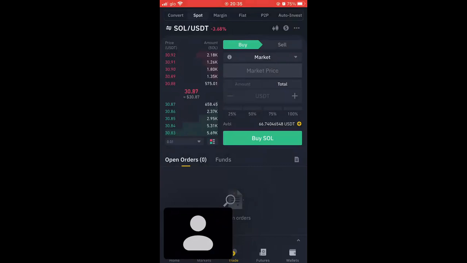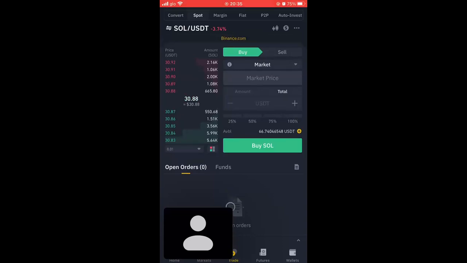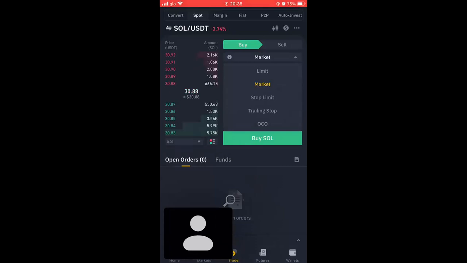Maybe Mike sent a trade idea. This is Solana versus the USDT. That means if I want to buy or sell, I need to have USDT. You can select the price here, the market. If you want to do market, you have options to do market, stop, limit, and all this trading stop, OCO. I'm just going to focus on limit and market.